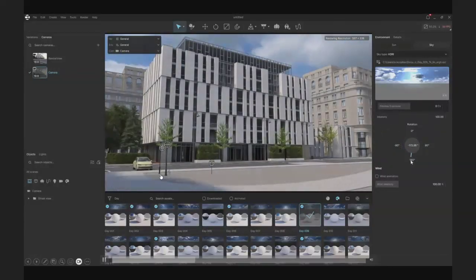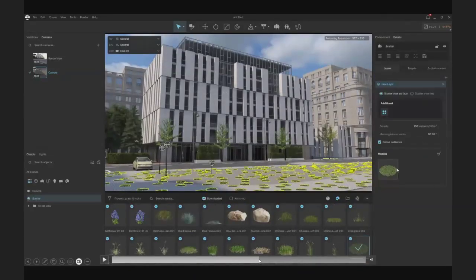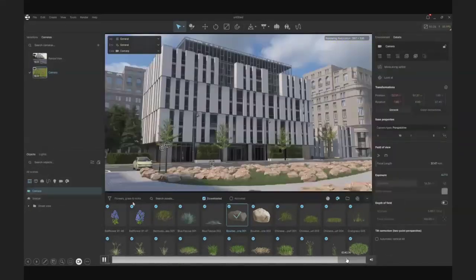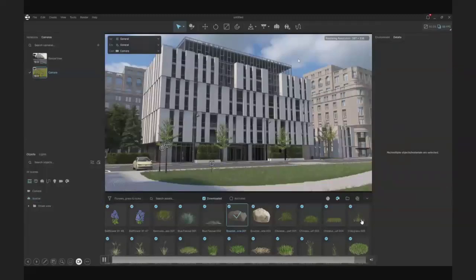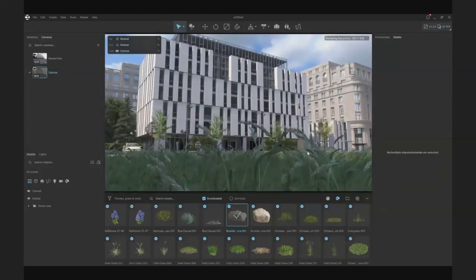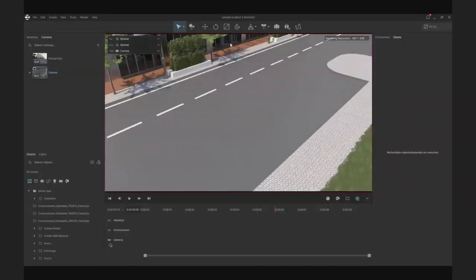Once we are ready with that, I'll skip some things and make it really fast. We can apply different 3D models from the library and apply scatters with this and achieve beautiful results every time. Really easy and really fast. Just pay attention to how much detail we have in that grass right here. We have different species in that grass belt. And the best thing actually is that we can have animated people and cars.